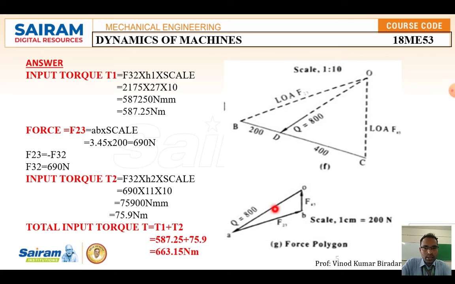So now look at this diagram. One force is acting, Q is equal to 800. Again, you have to assume some suitable scale. 800, 1 centimeter is equal to, if you assume 200, then it will be 4 Newton. So draw the OA line, keep the scale here, just to transfer this force to here. 2A, that is OD, that is OA. So 800, that is 4 Newton.